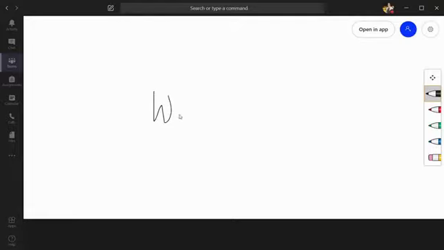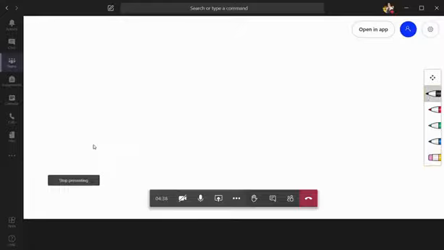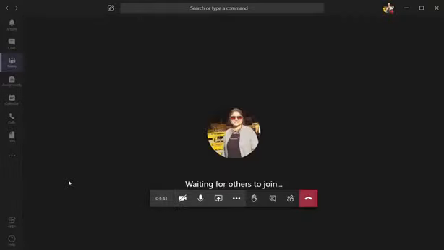Initially you will find it a little difficult, but once you get used to it, you can definitely be master in this. Now I'll erase it, my writing is very bad. Okay, so you can make use of whiteboard as well, and with this whiteboard also you can start or stop presenting. Yes, the stop presenting option is there.